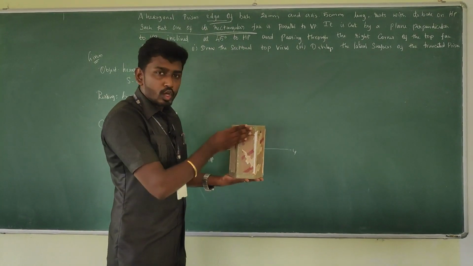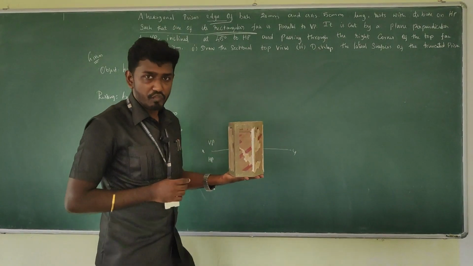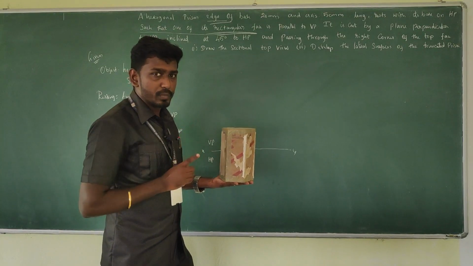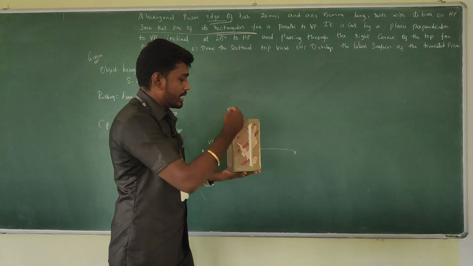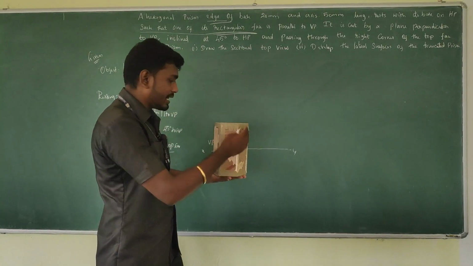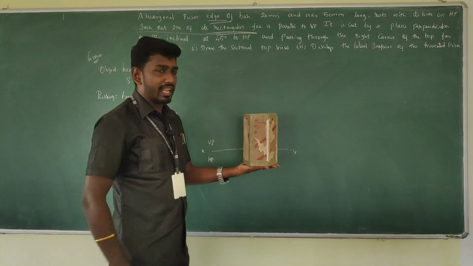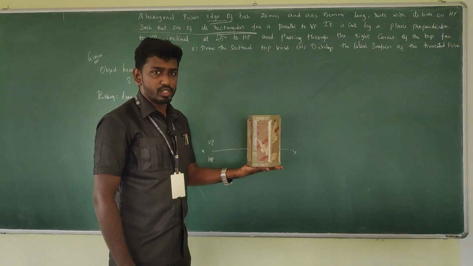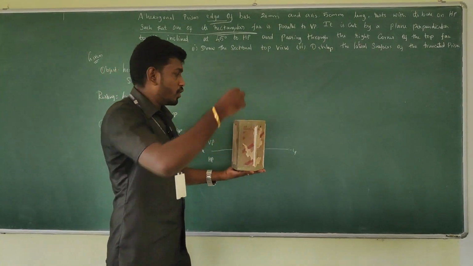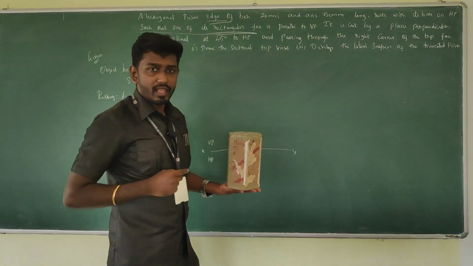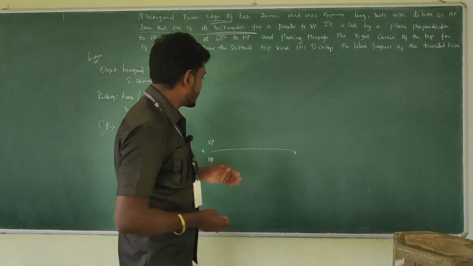When you are placing it, one of its faces should be parallel with VP. So when you keep it like this, these are the rectangular faces, and this face should be parallel to VP. If you keep it like this, that would be the right position. For this, first of all, we can get the front view and top view. In the top view, the true shape will be obtained, and in the front view, the height of the object will be obtained.